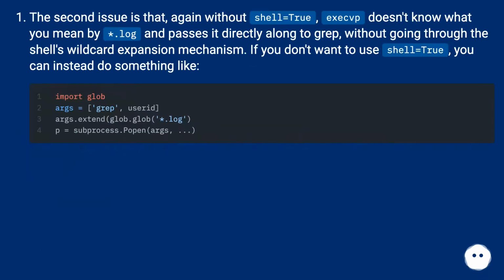The second issue is that, again without shell equals true, exec doesn't know what you mean by *.log and passes it directly along to grep without going through the shell's wildcard expansion mechanism. If you don't want to use shell equals true, you can instead do something like